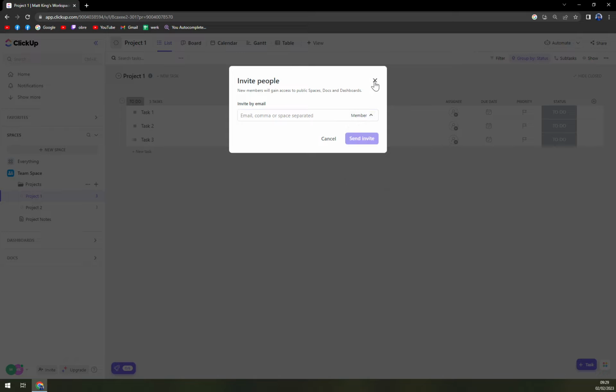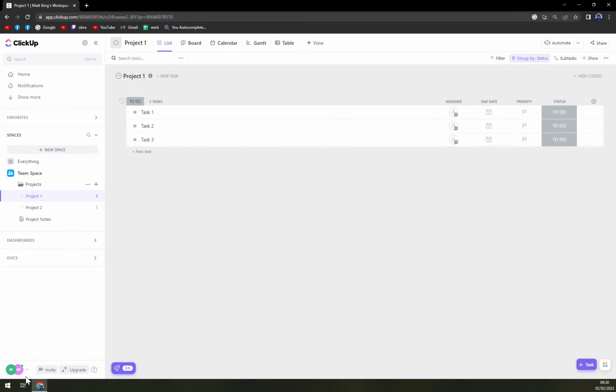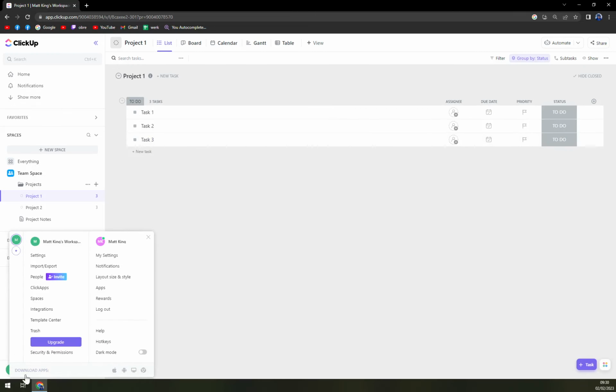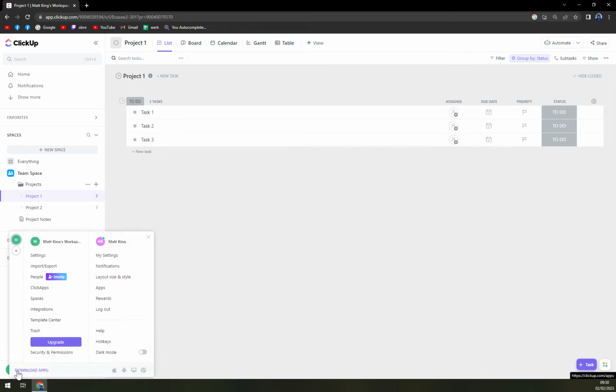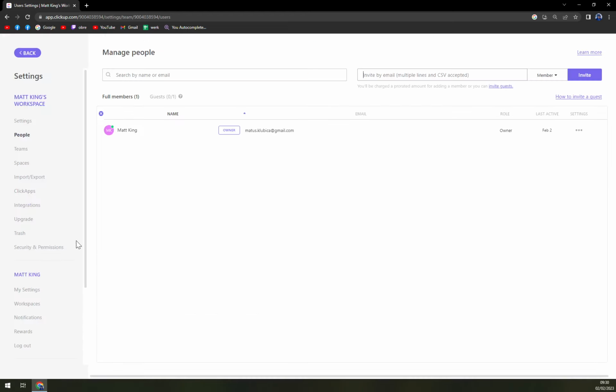or admin. Or go further left, click on the two dots, or there should be your initials or your logo. In my case it is Matt King. And here we have people to invite, and we're going to click there. Yet again, you can choose if you want them to be a member or admin, and just write down, for example, an email